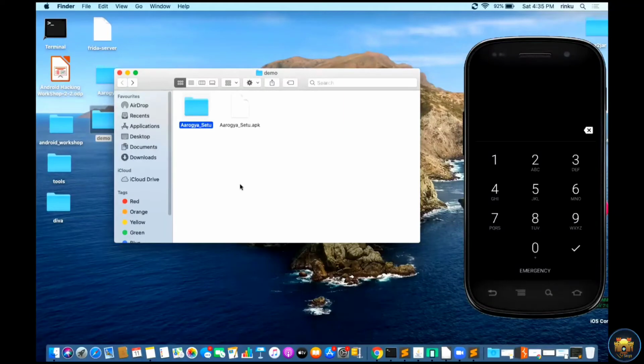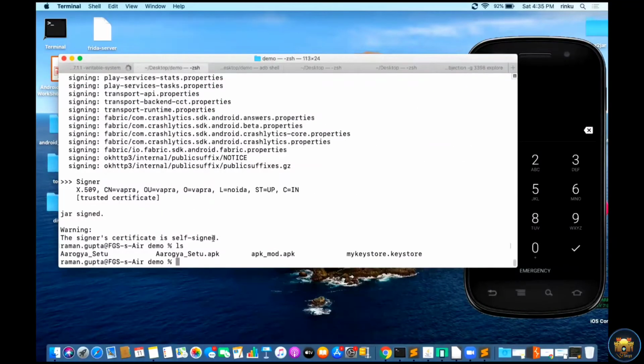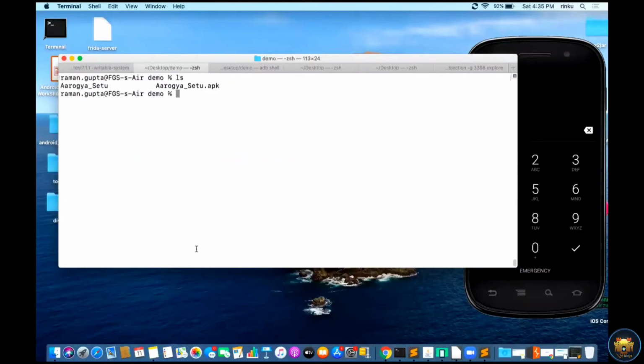So after saving, I need to recompile this into the APK. For this, I again go to the command prompt. Here my folder is Arogya Setu.